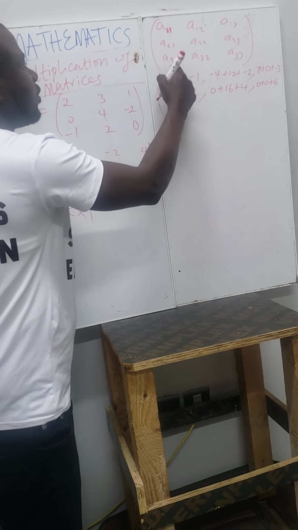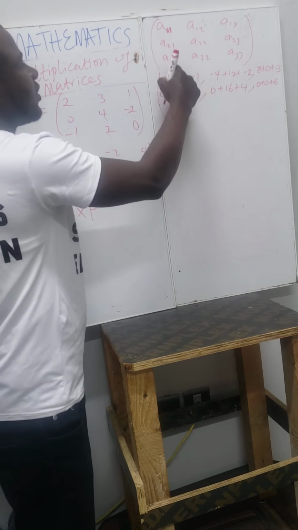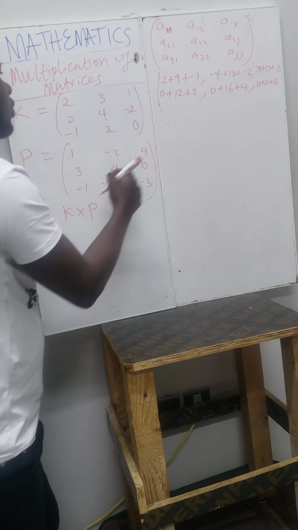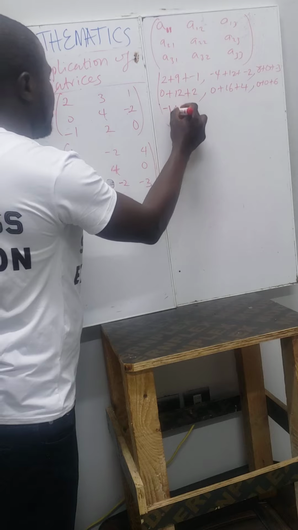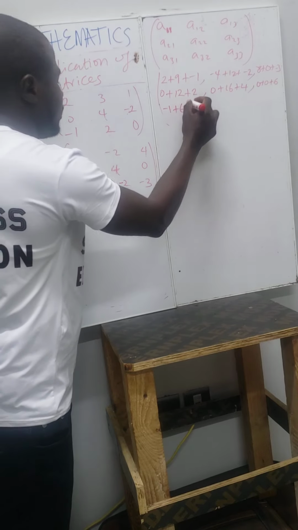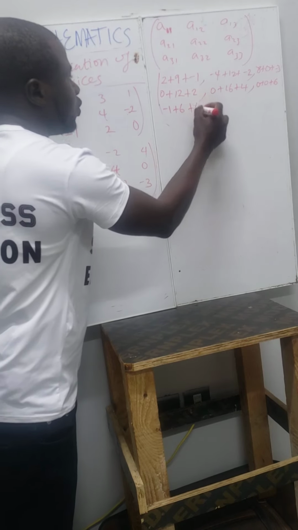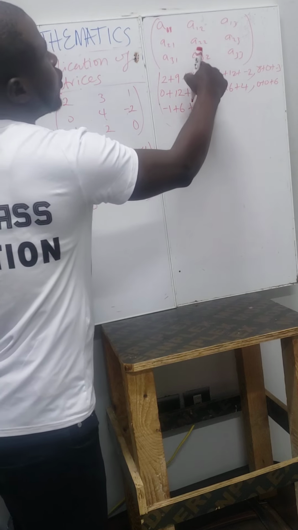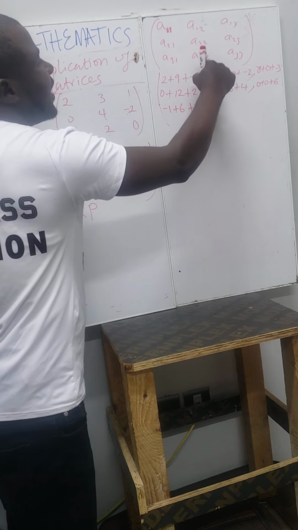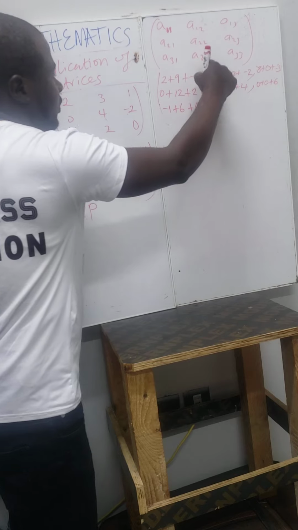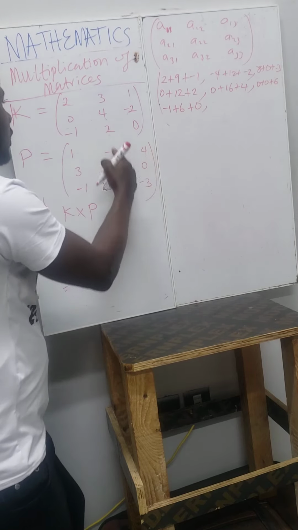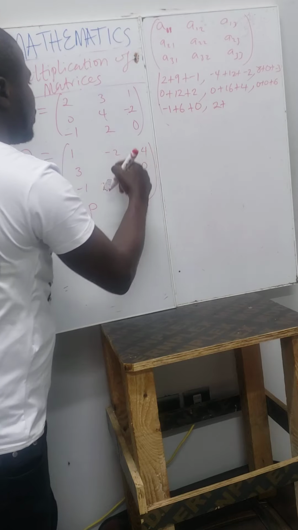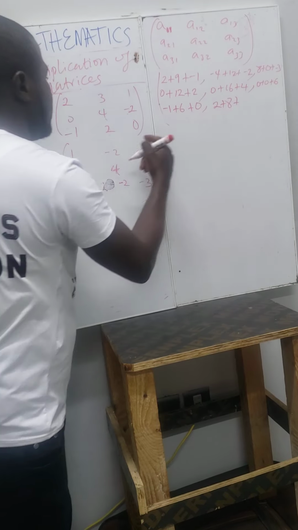We come to this side. A31 simply means the third row of the first matrix multiplied by the first column of the second matrix. That is A31. This one on top of this one. Minus 1 times 1, that is minus 1, plus 2 times 3, 6, plus 0 times minus 1, still 0, comma. We come to this one, A32. Element along the third row of the first matrix multiplied by the element along the second column of the second matrix. Third row, second. Minus 1 times minus 2 is 2, plus 2 times 4 is 8, plus 0 times